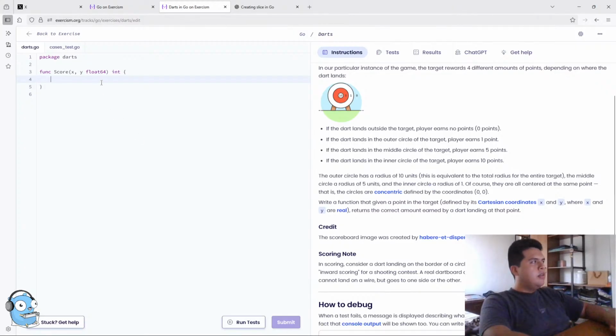Okay, that means the radius is 10 units. That means if it is 0, 0, it will be, you know, 10 points. If it's something like -2,